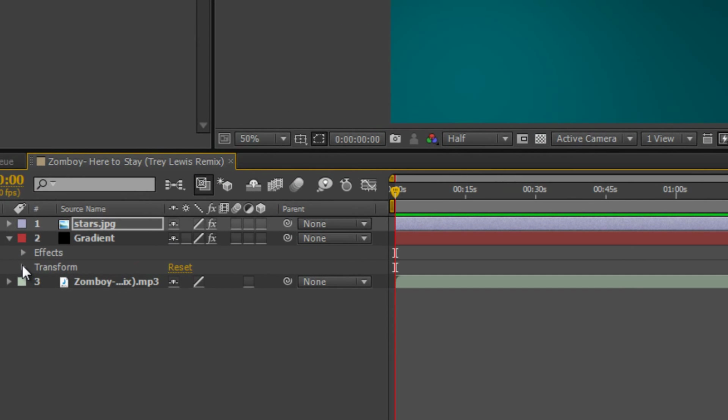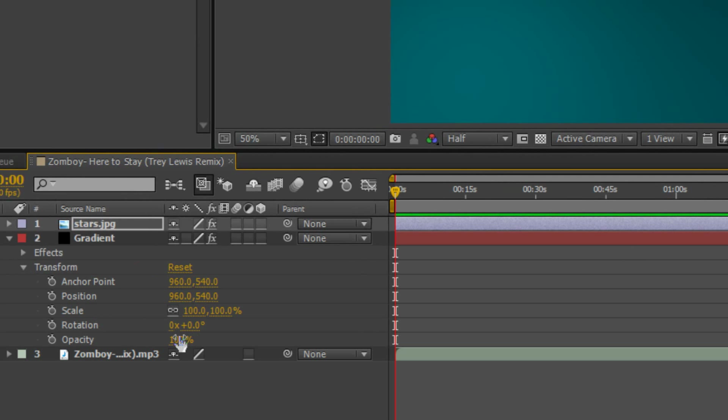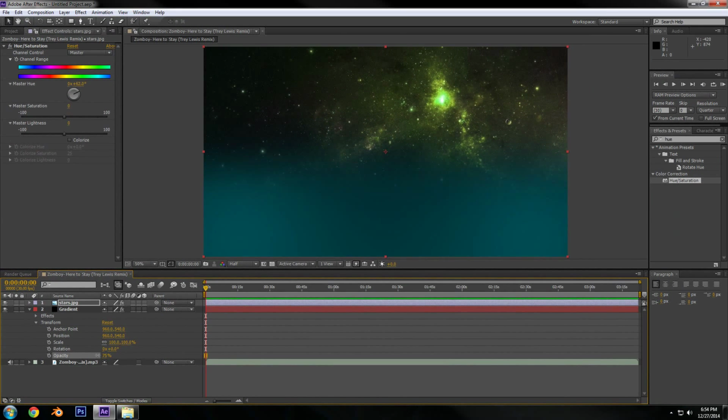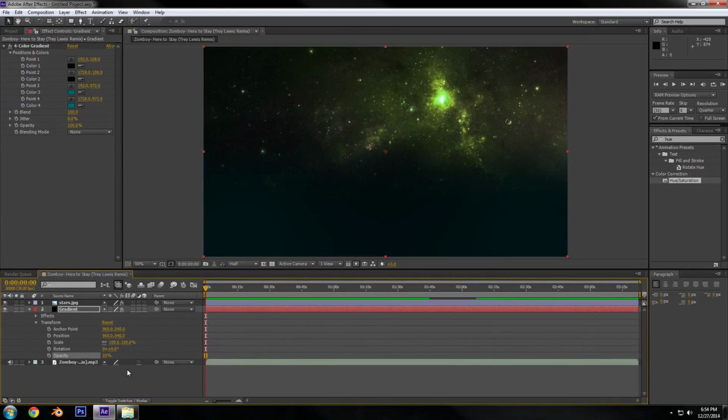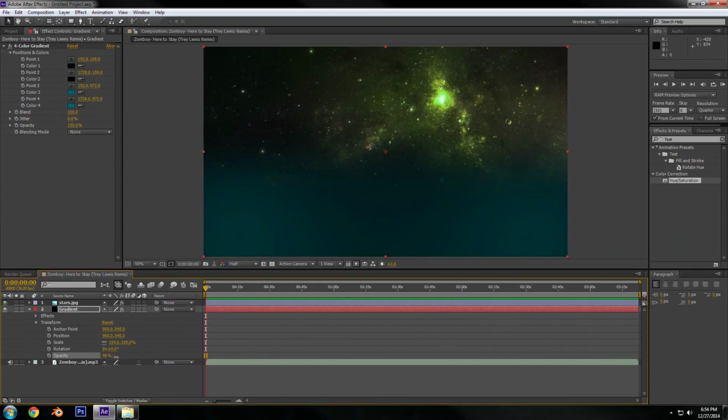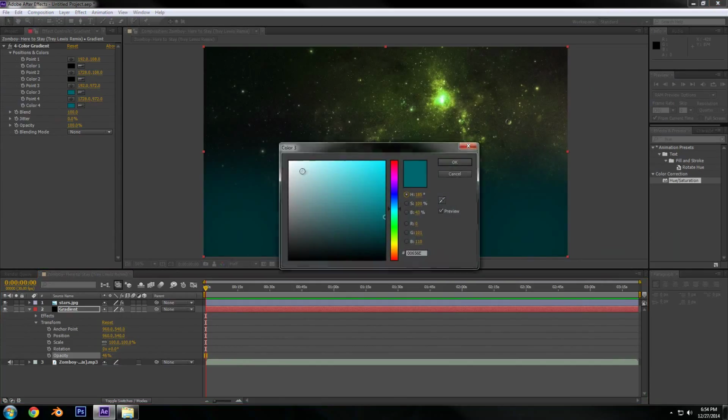Now under the gradient, we're going to go under transform, and we're going to lower the opacity to something more along the lines of maybe 20%. Actually that's way too dark. Let's up it a little bit. Let's change the color. It should be a little more greenish. More like that. That's the color we want. So,